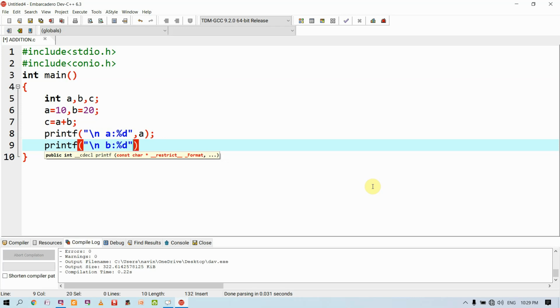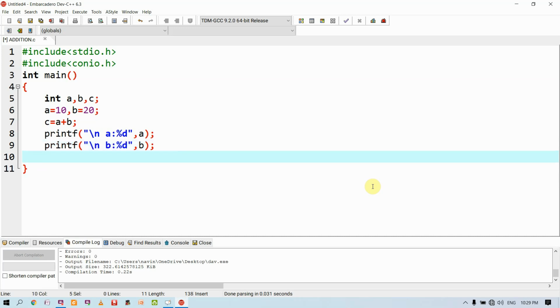Why? Because the value we are taking is an integer, and the format specifier should also be an integer format specifier.